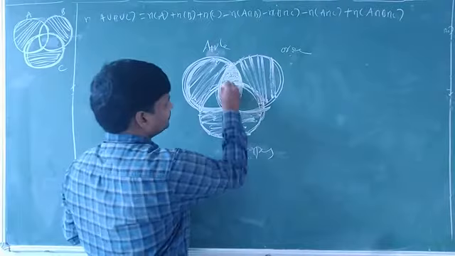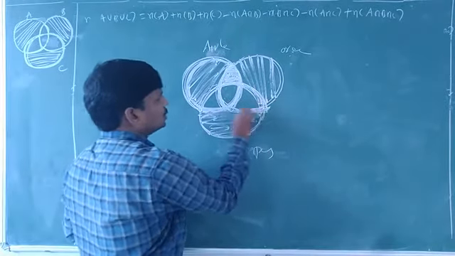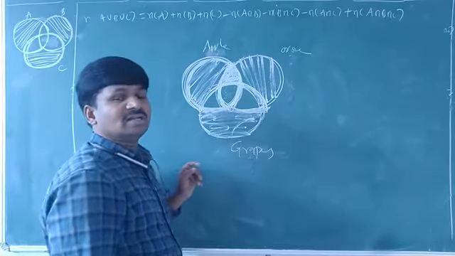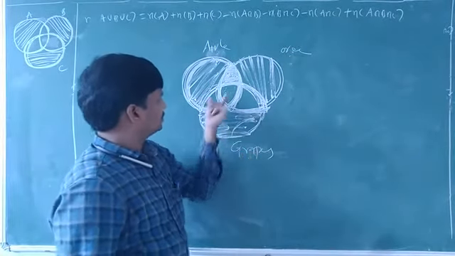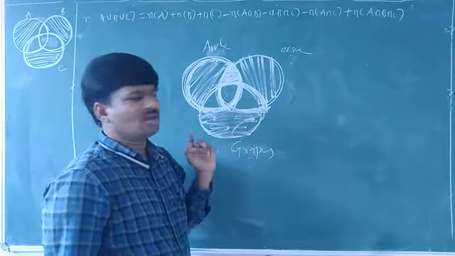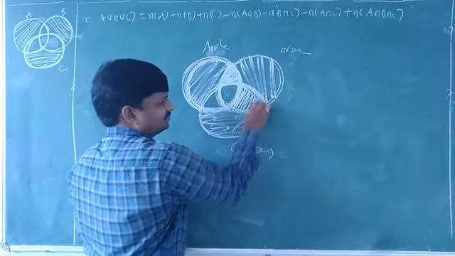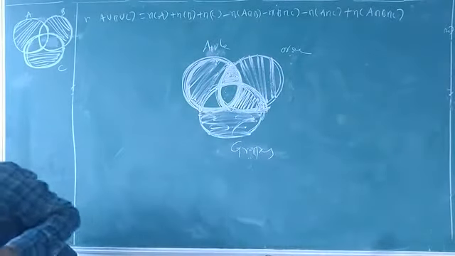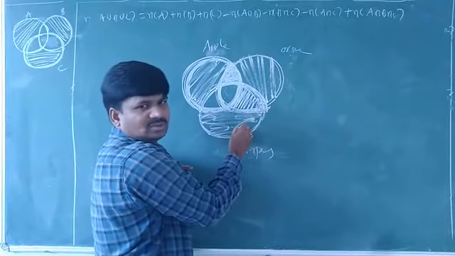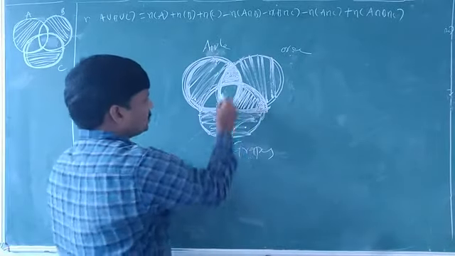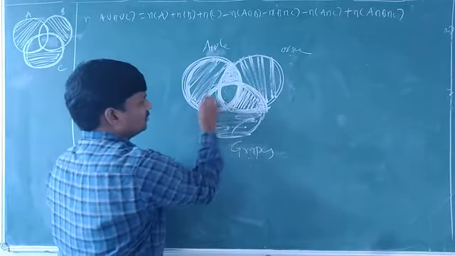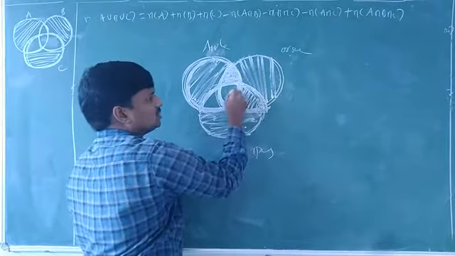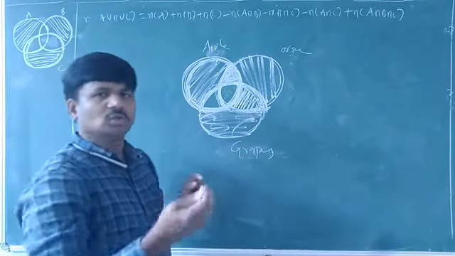Okay. What about this one? This part. The students taking orange juice, grape juice and apple juice also. This part is there from this also, apple juice also. But what about this part? Only orange juice and grape juice. The students taking only orange juice and grape juice. They will not take apple juice. Okay. So what about this one? The students taking apple juice and grape juice. From orange also they will take.